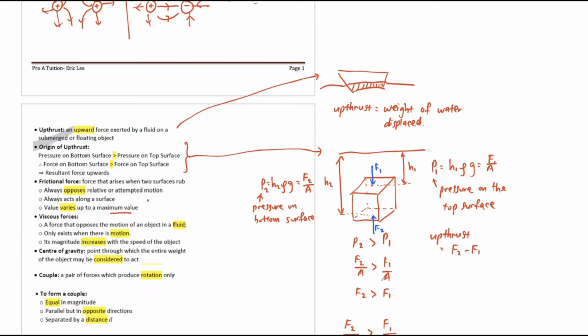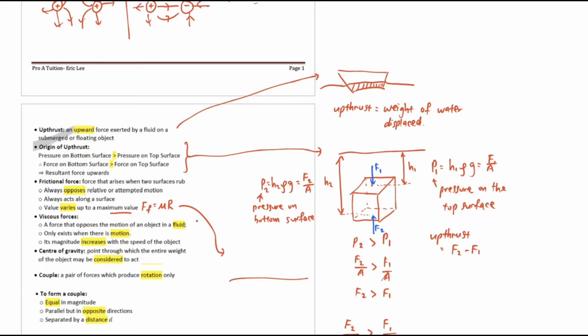So what kind of idea is the maximum value? Try to imagine there is a formula for frictional force, which is frictional force equal to mu times R. This is the formula for the maximum value of frictional force. Okay, so what they're trying to say here is if you have, let's say, a tar road, the tar road is very rough for the car to move on it. So it has a maximum frictional force. You want to count it, you use this formula mu times R to count the maximum frictional force. But